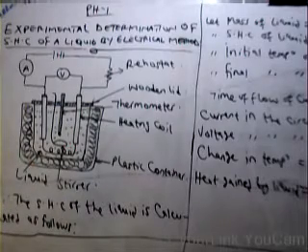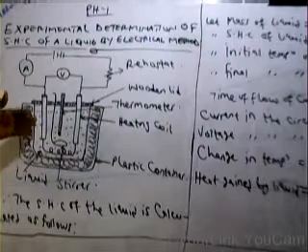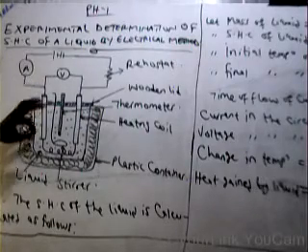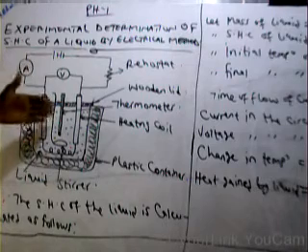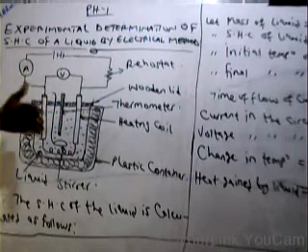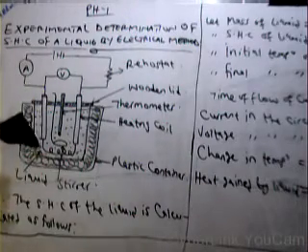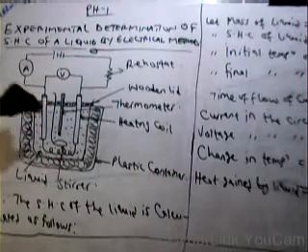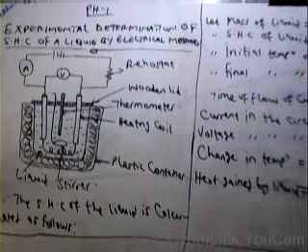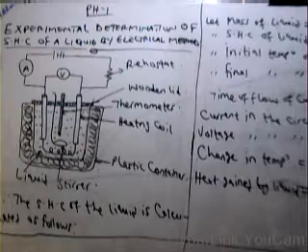Now, in this case, we have our electrical heater inside that jug. We have our water inside that jug. Then we also place our thermometer so as to measure the temperature at every instant in the process. So that thermometer will be giving us the reading, or the magnitude, of the temperature of that liquid. So in this case, how do we calculate the specific heat capacity of that water?